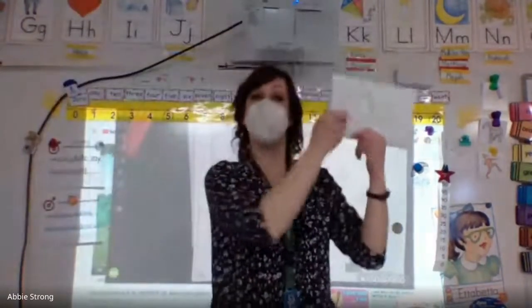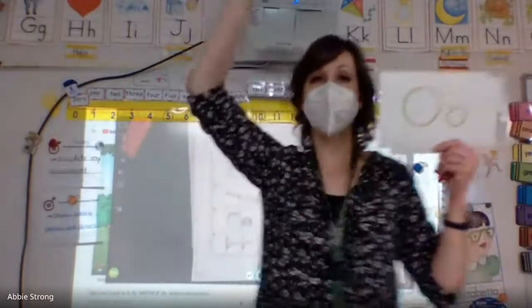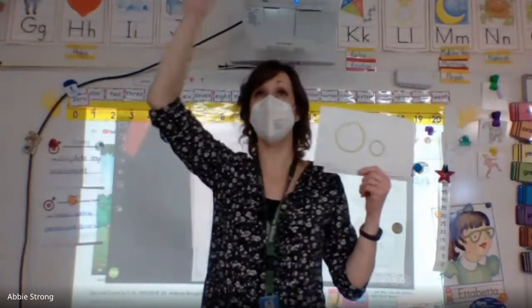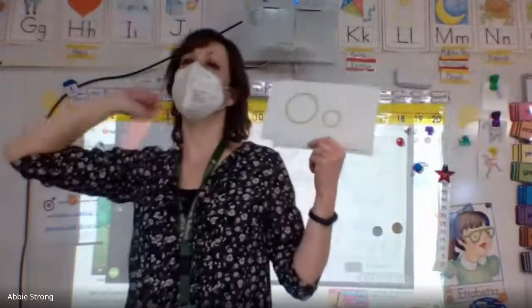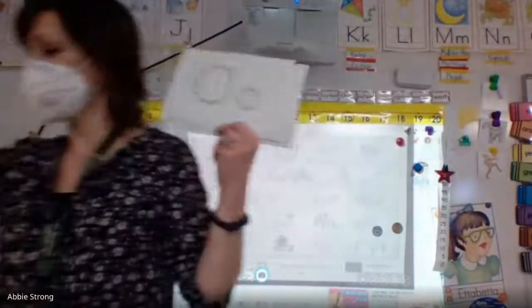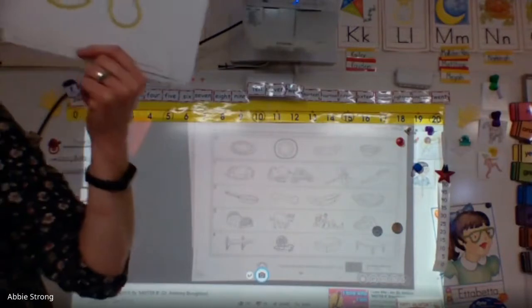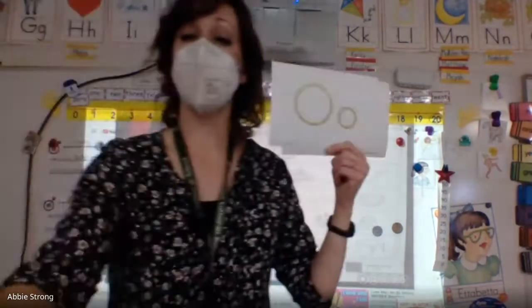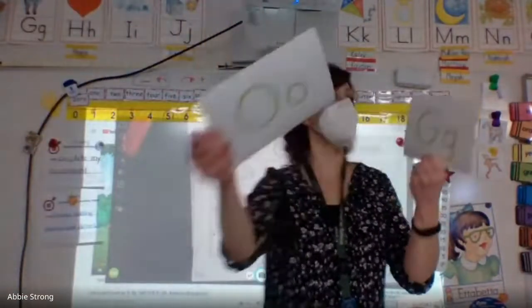Ready? The letter O says ah. What's a word that starts with ah? It has 8 arms. It lives in the ocean. Taja. Okay, listen to my clue, though. My clue says it has 8 arms and lives in the ocean. What is an animal that has 8 arms and lives in the ocean, Haja? Octopus. There you go. Now you got it.